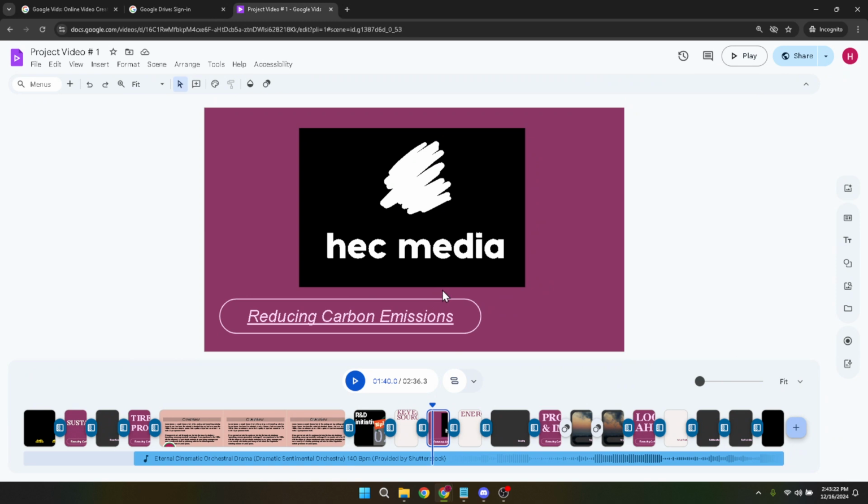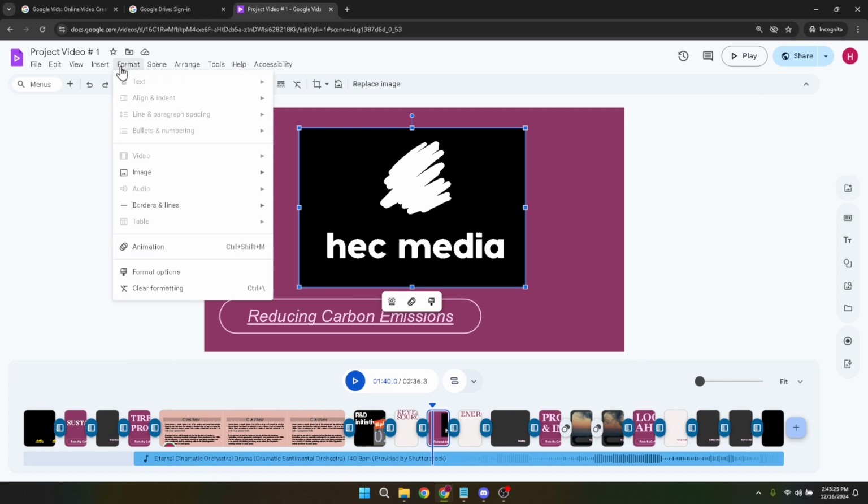After selecting your image, look for the Format button. This is where things start to get interesting, as the Format menu is the gateway to a range of editing tools that can help you enhance your image and video content in numerous ways. Once you're in the Format options, you'll want to click on the Image subsection. This part is crucial because it specifically targets image-based adjustments and effects, one of which is the background removal tool we're interested in today. Finally, you've arrived at the moment of truth.